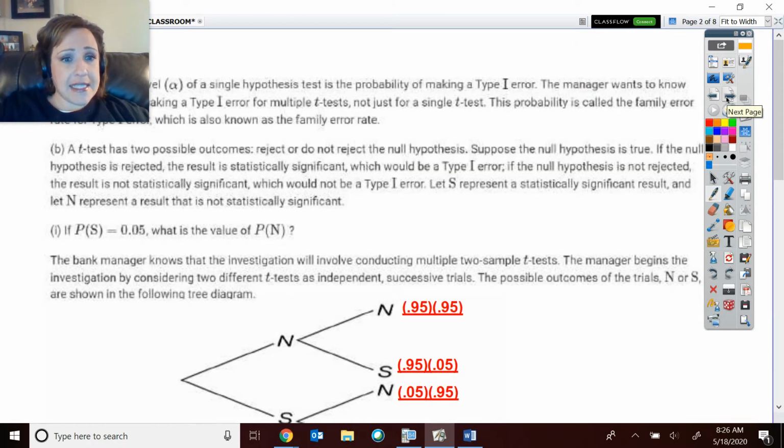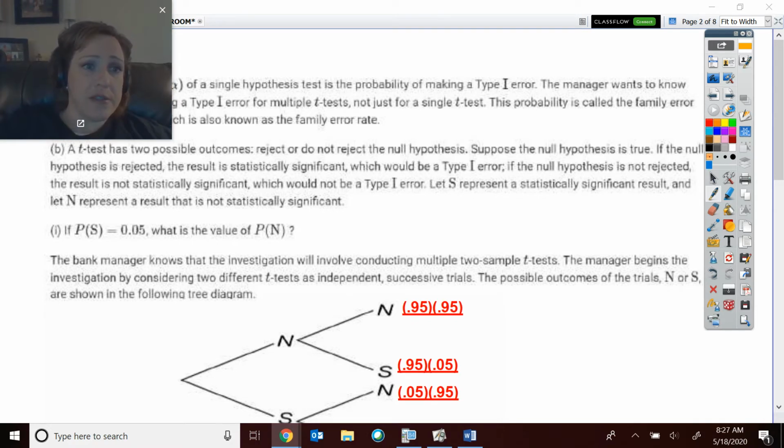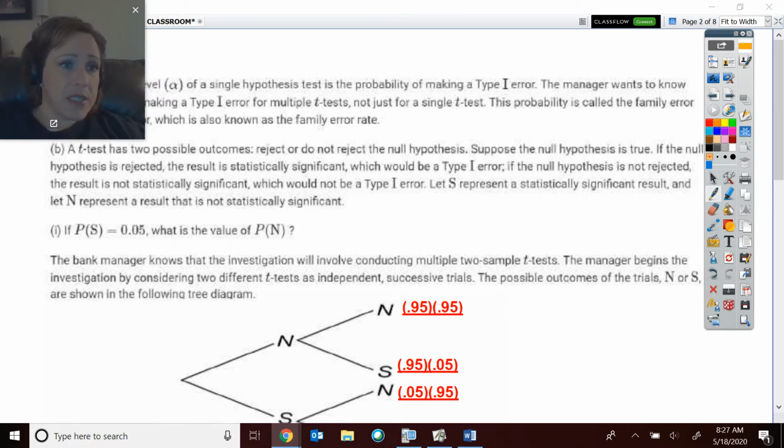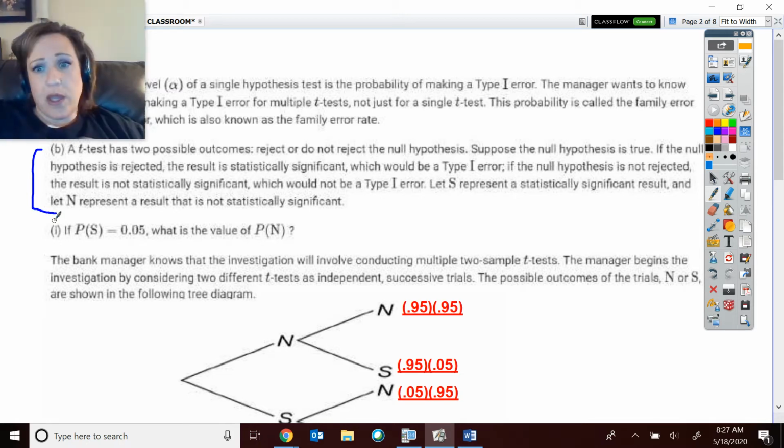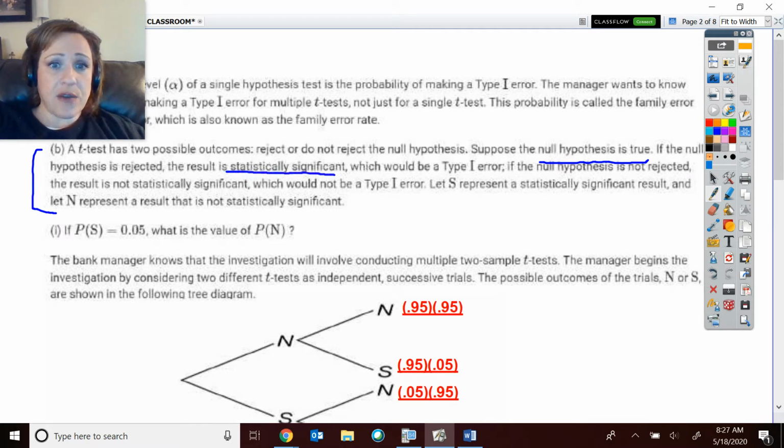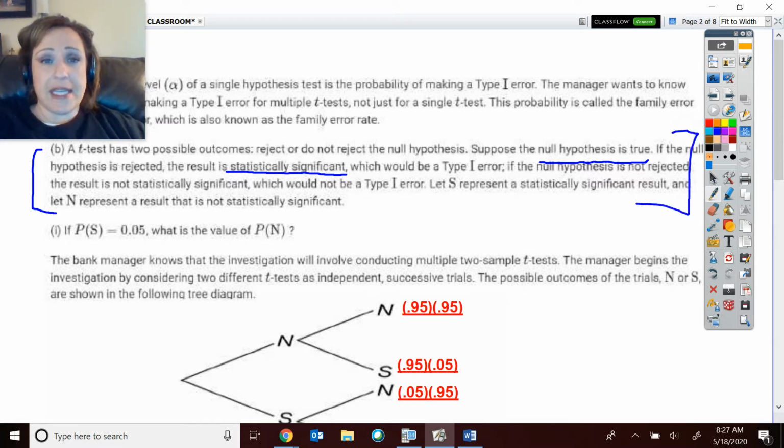Okay. Next asks us, basically this whole information goes through defining what a type 1 error is, okay? And so what they're doing is saying a type 1 error is if the null is true, but we get a statistically significant result that causes us to reject the null even though it shouldn't be rejected. Okay, so that's what all of this reading here is. And they want to minimize or investigate the probabilities of those type 1 errors. So therefore, the first question is,